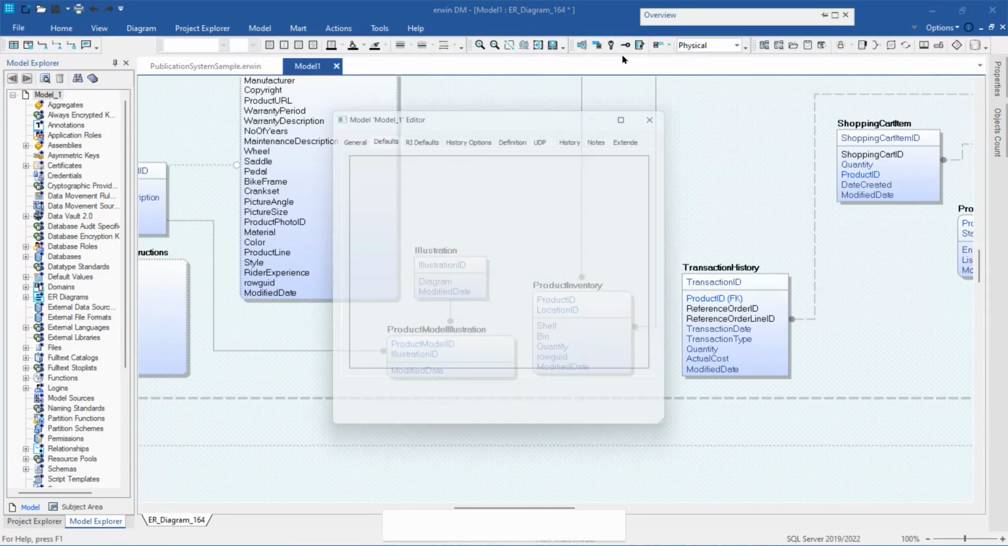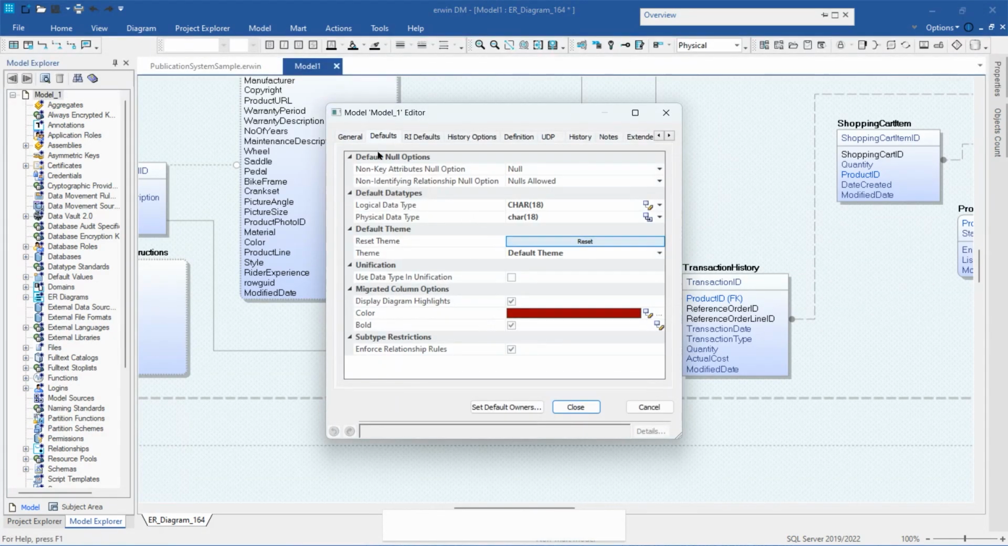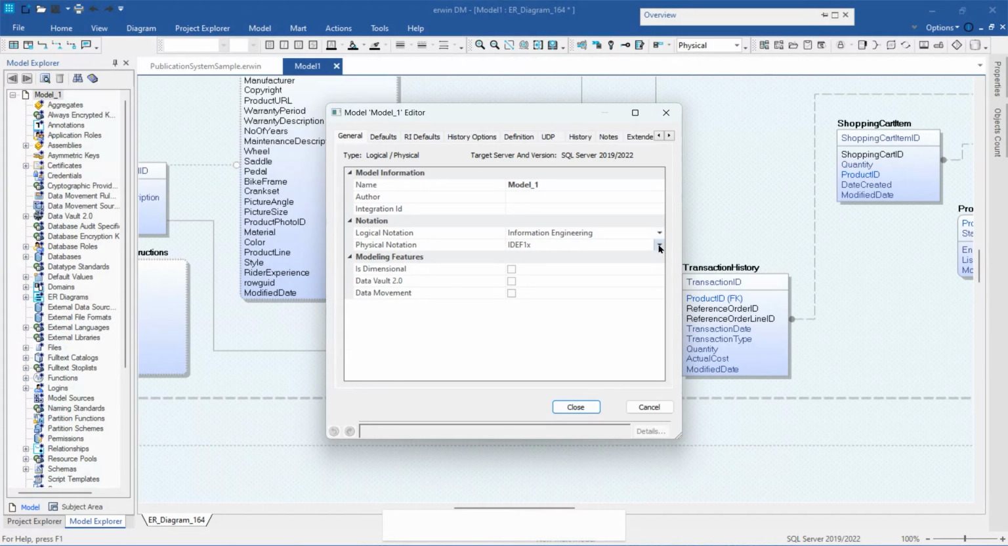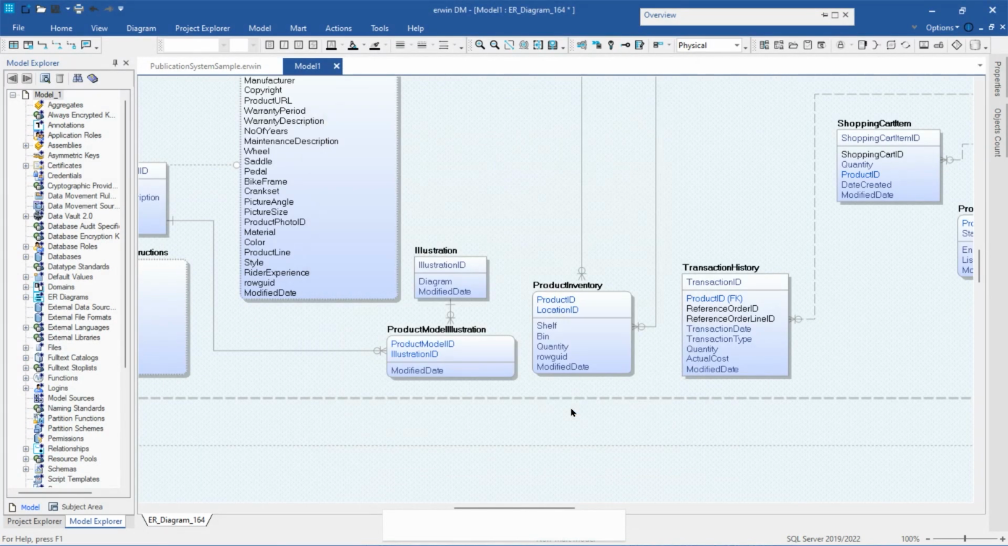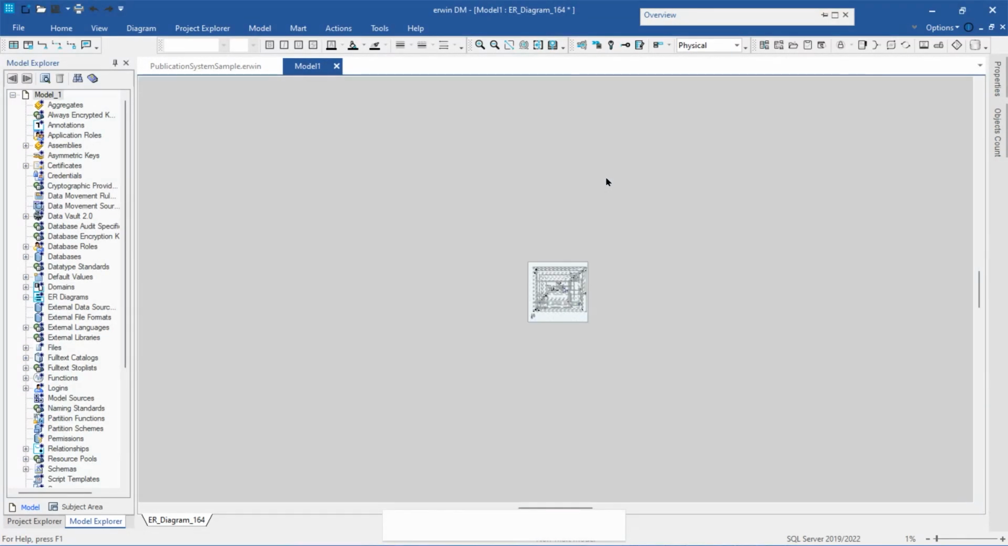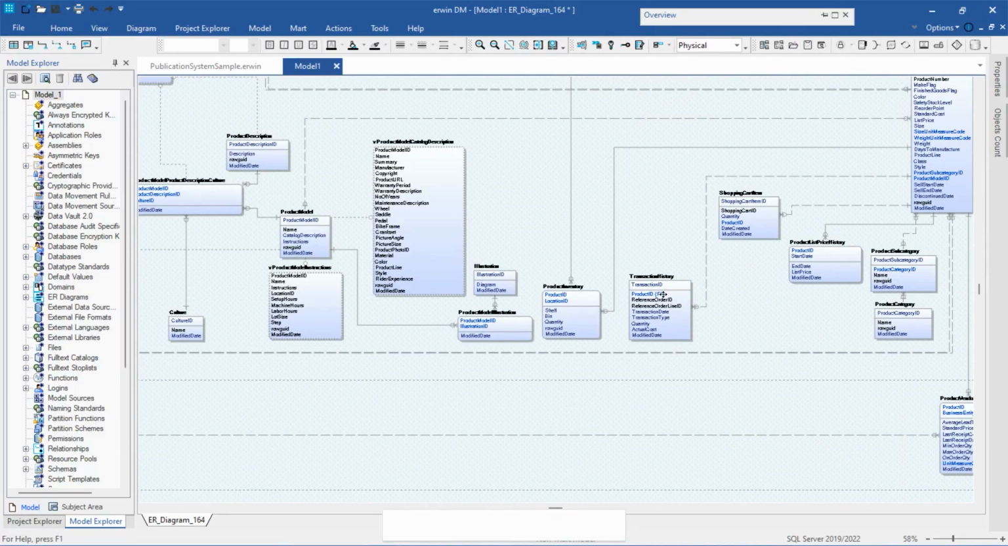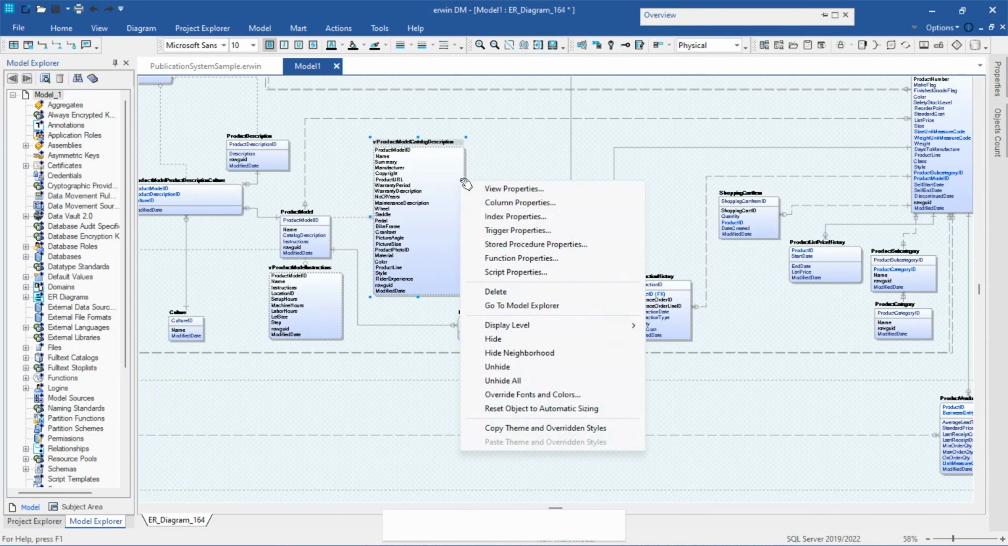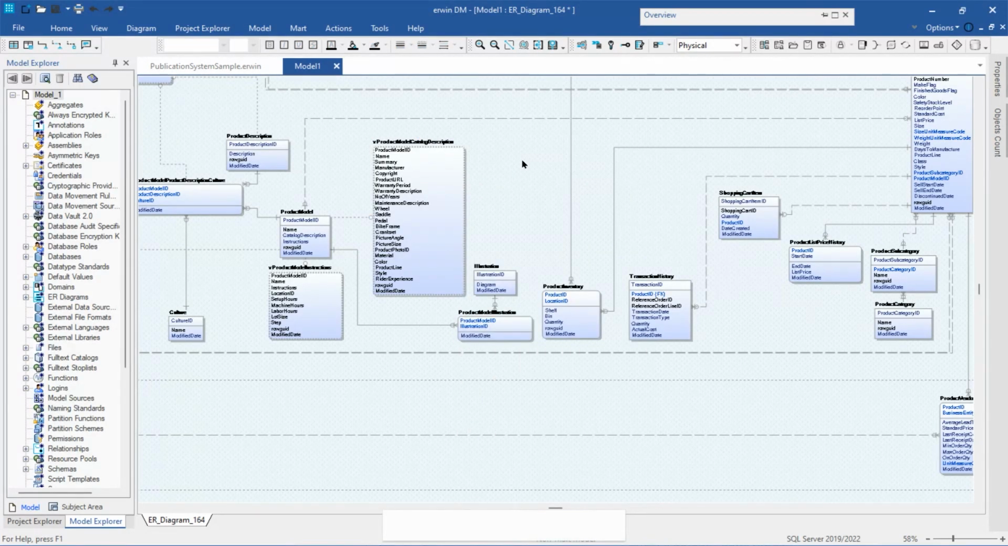So I don't happen to like IDEF, so I'm going to change that to information engineering. So the new style notation on that as well. So we can zoom in, zoom out. We can select bits and pieces on there before we go into the editors. As I mentioned, you can change